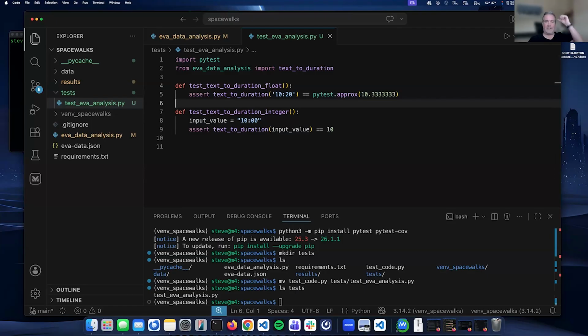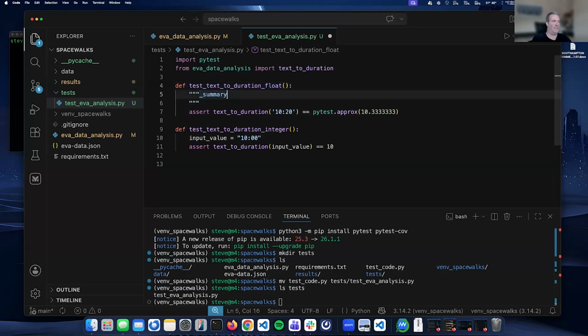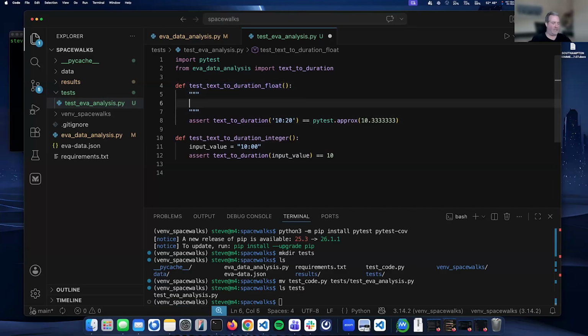The other thing is we can also add some inline comments to clarify what each test is doing and expand our syntax to highlight the logic behind our approach. This is a really good idea because it helps us understand what we're actually trying to test, and in some cases this can be very difficult. You may remember yesterday we looked at docstrings. So I'm just going to create a docstring here, and put in: test that text to duration returns expected